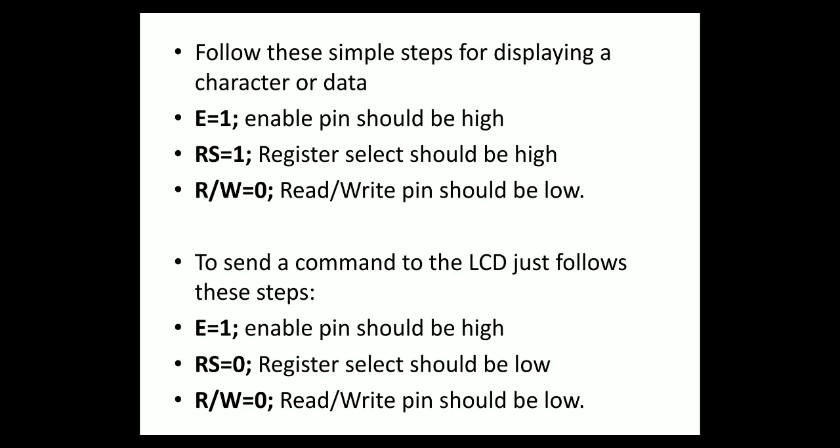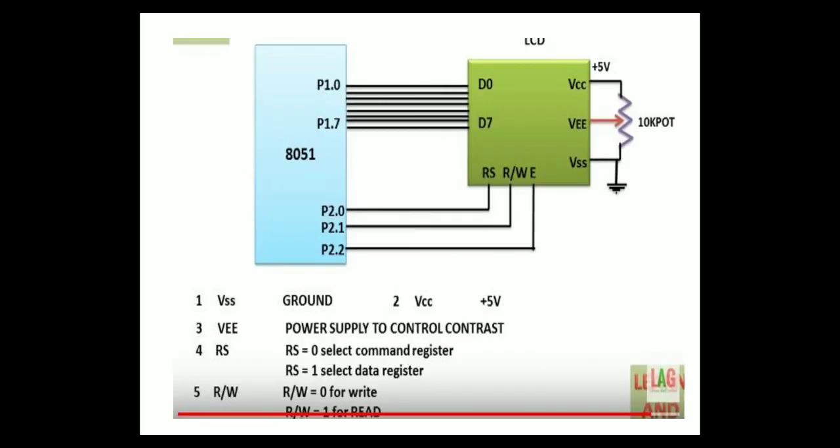So let us see one more diagram. How can you do interfacing of 8051 with the LCD with only these pins? I have removed all other remaining pins from this. This is the connection diagram of your 8051 controller with the LCD. D0 to D7, RS, RW and enable are connected. So from where are they connected? Port 2.0, 2.1 and 2.2. So when we write a program, we should be very careful. I have to send enable as 1. So who should be sending enable here? P2.2. So you should make P2.2 as 1. Only then your enable will become 1 there.